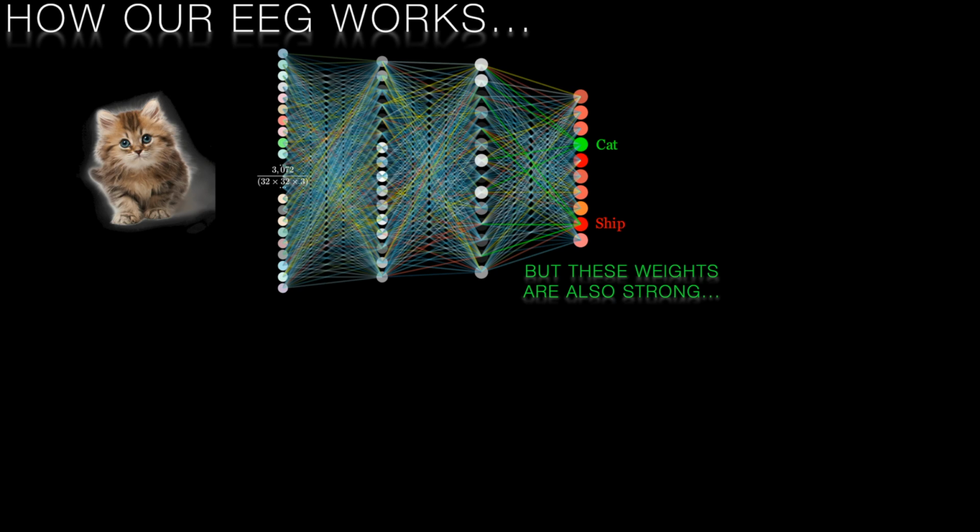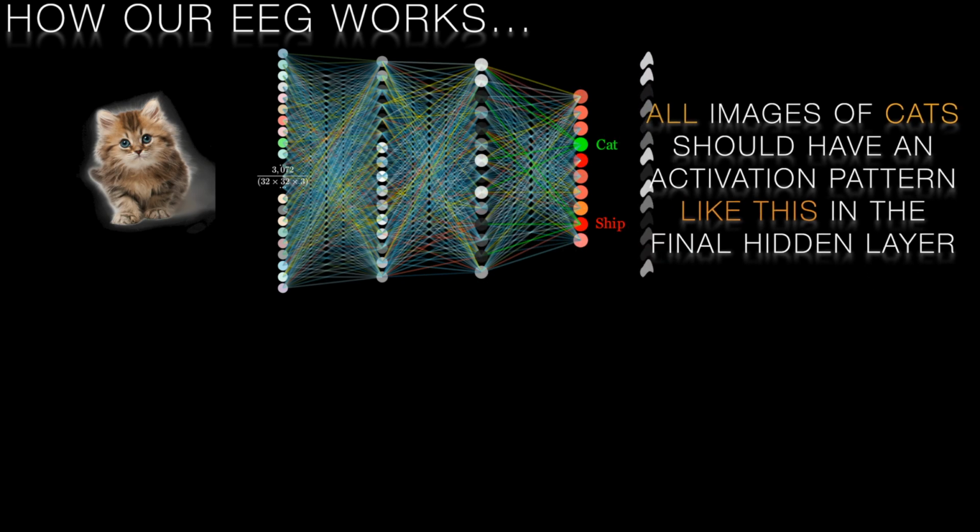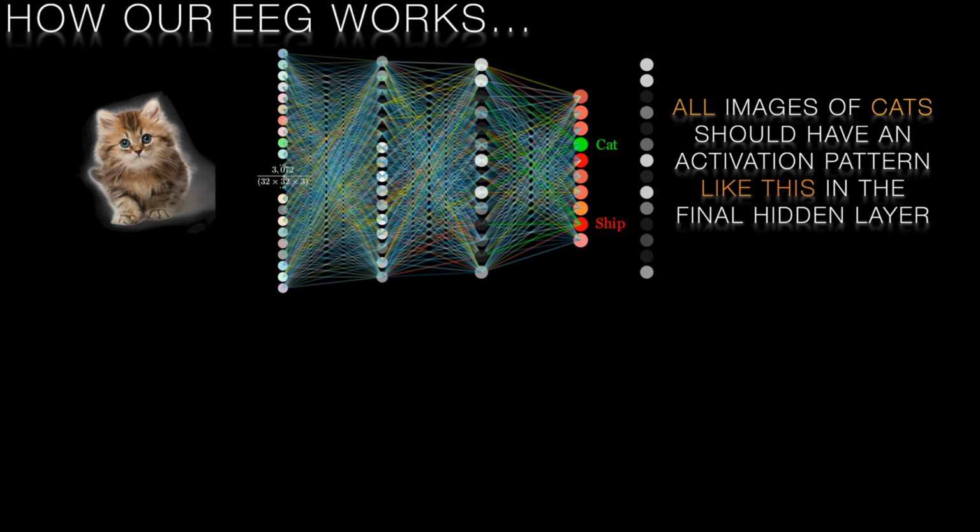To correctly classify this image as a cat and not a ship, we need the activations in these neurons to be low. By the same reasoning, there are other neurons that need to be low to avoid classifying this image as a dog, car, frog, or some other image. This gives rise to a characteristic pattern for the output of the final hidden layer. We need high activations in neurons that are multiplied by high weights connected to the 4th output neuron, and low